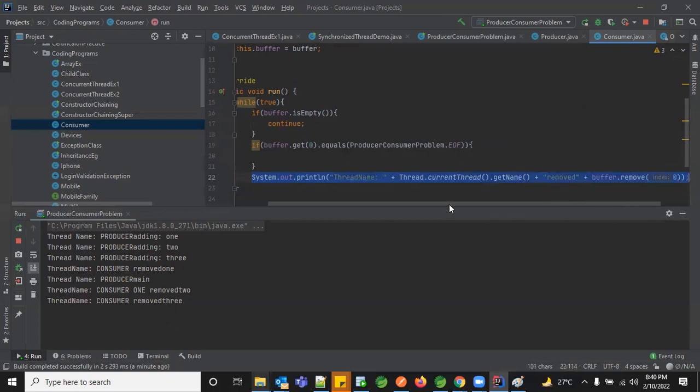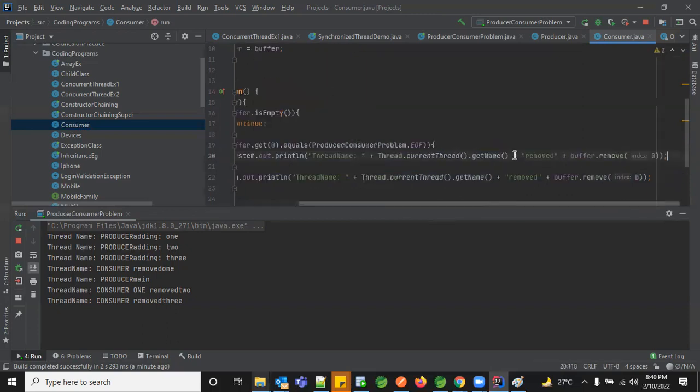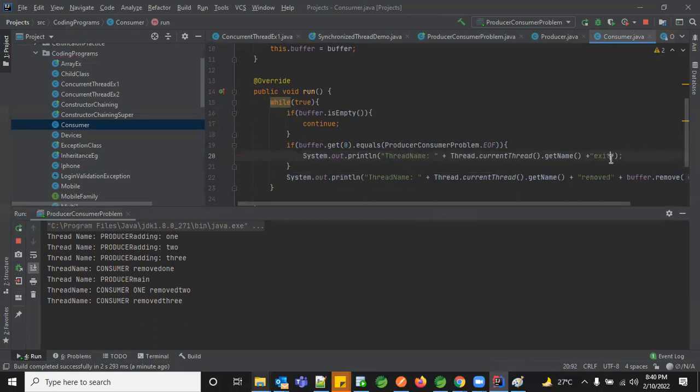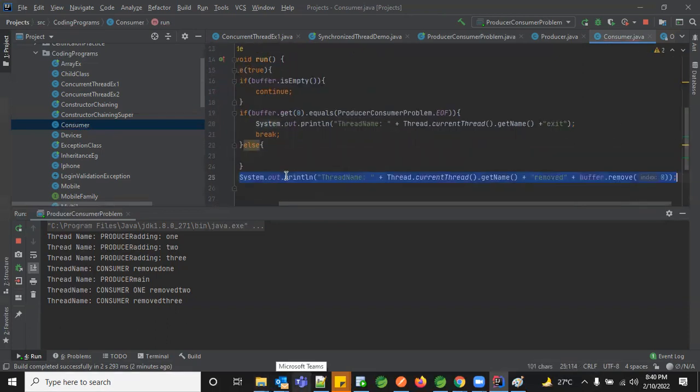When it's end of file, you're not going to do anything, you're just going to come out of it, so exit. Then when it exits, you can't just give continue again. You have to break that flow. Whenever you come as exit, you're going to break that flow. So how to break that flow? With the keyword called break. Now here we'll have the else block, then you'll have this piece of code.